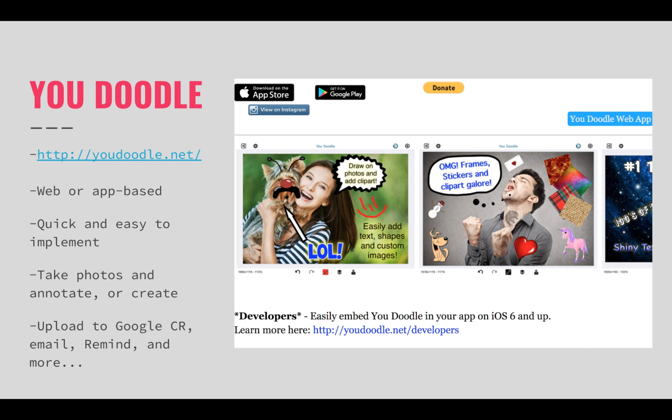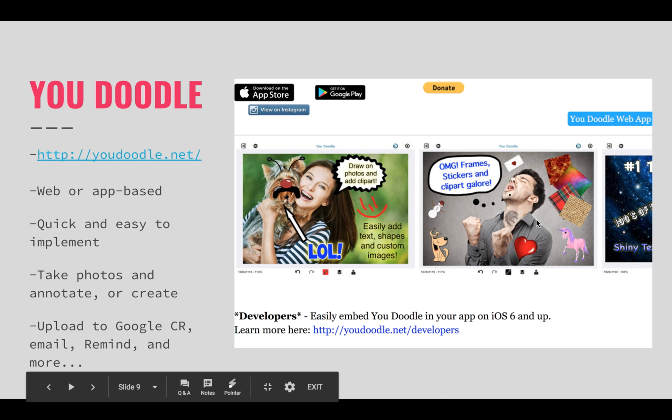computer. But Udoodle, it downloaded in seconds to my phone on the school's Wi-Fi, and you can take photographs, you can take their existing photographs, and you can annotate and you can create. And again, they can turn their assignment in easily to Google Classroom. They can even send it to you on Remind or via email. You can actually have them make memes and add things to the memes, and they can draw on photos and